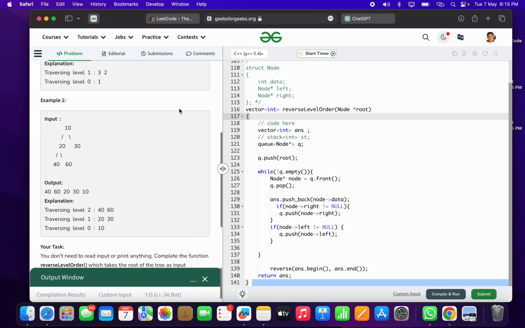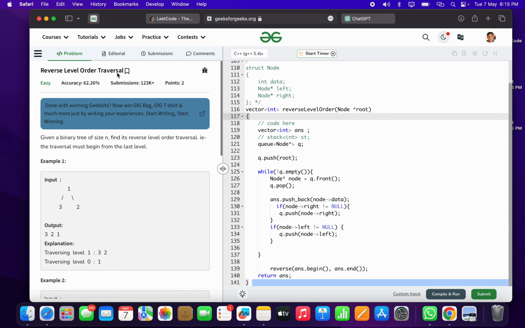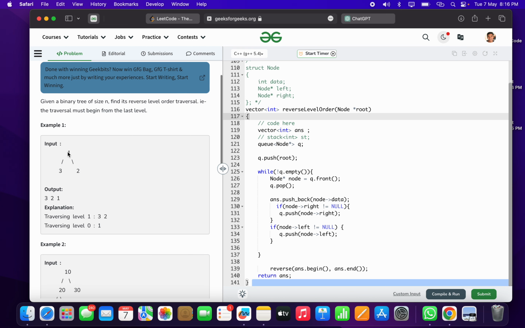Today's problem is reverse order level traversal. Even if you see what we have to do, the tree will be given. We have to print the level order traversal, and the answer is pretty much the reverse of the level order traversal print that we can see. So as we have 1 3 2 here, the output comes as 3 2 1,